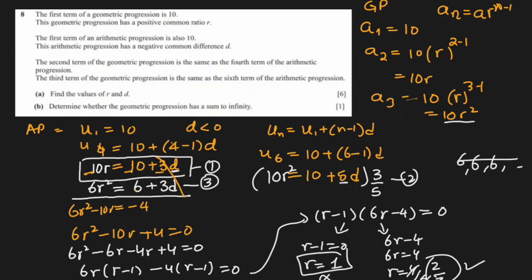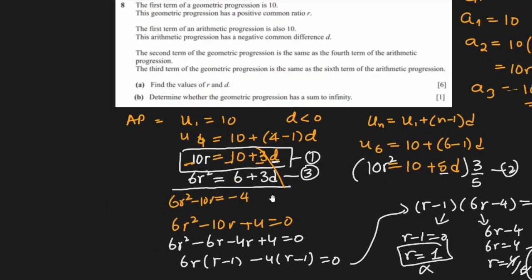And what is the question? Find the values of r and d. So d we did not get. Let's find d here. So r we got 2/3, d will be what? Which one should I use? The simple one. This was the simple one. 10r, this one. 10r is 2 over 3. 10r equal to 10 plus 3d. So 20 over 3